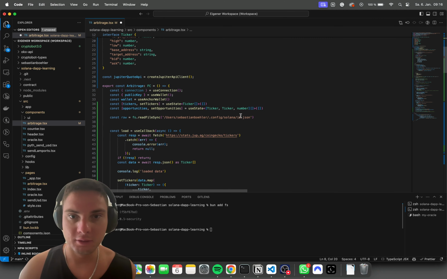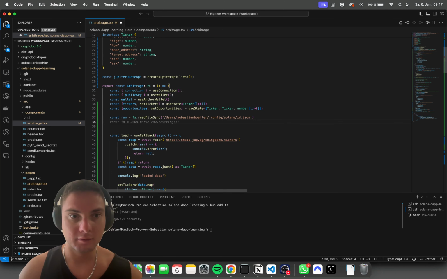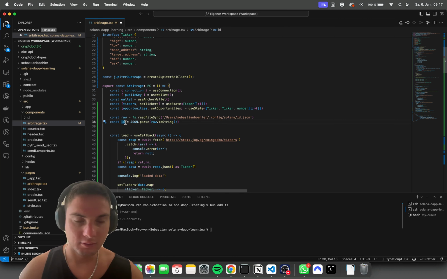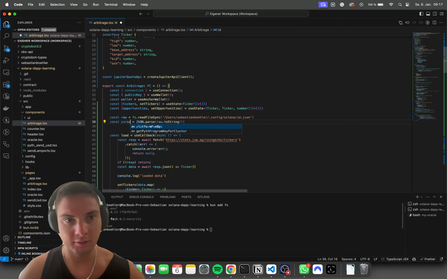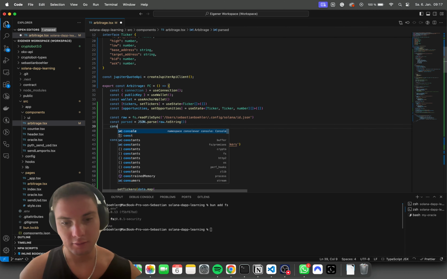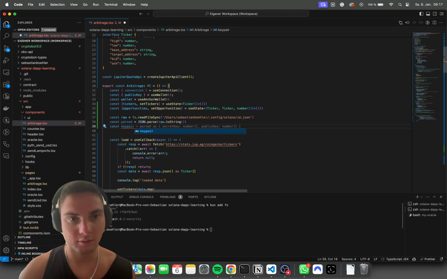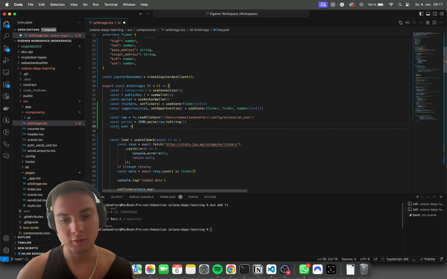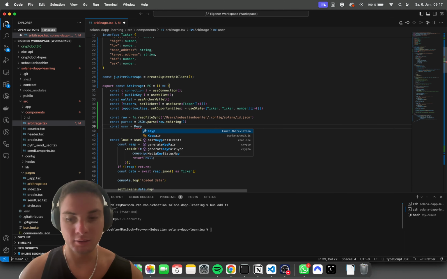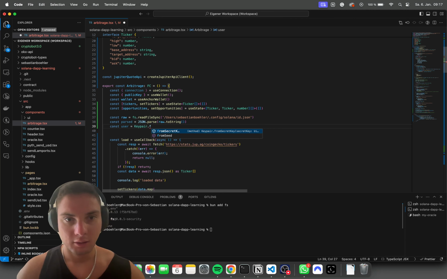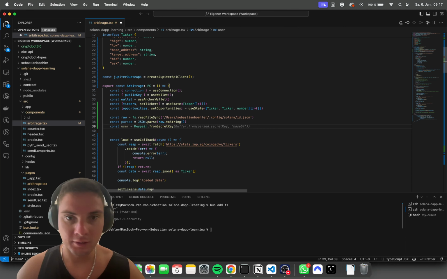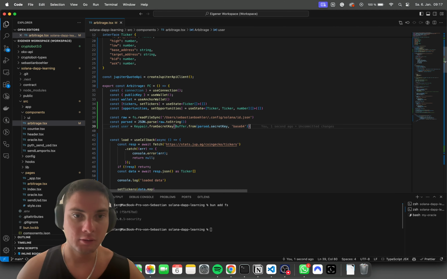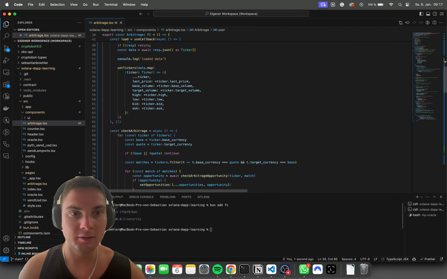Read file sync and then from secret key. So now we have a user which can actually